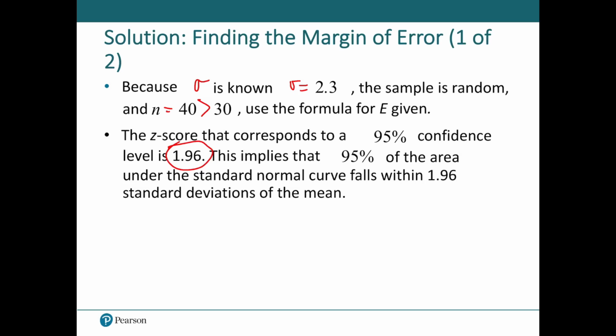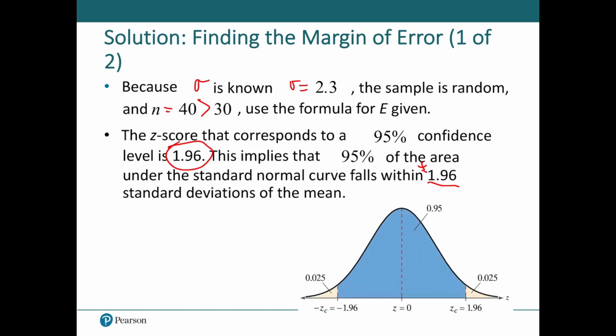Typically in semester classes, you see this time and time again. We don't have quite enough time on the clock to see this very often, but this is one worth memorizing. Pretty close to 2 from that empirical rule that I did not emphasize. No coverage at all on the empirical rule, but this is close to 2, which is also close to 95%. That's 95.4%, by the way, but we want just 95%. And so they fall between 1.96 standard deviations of the mean on either side. So I could say plus or minus on that to clarify just a little bit.